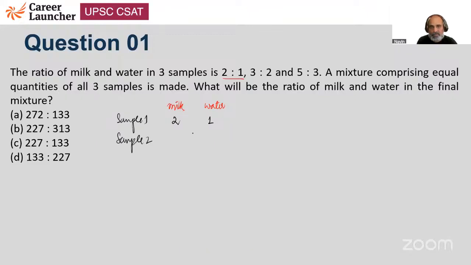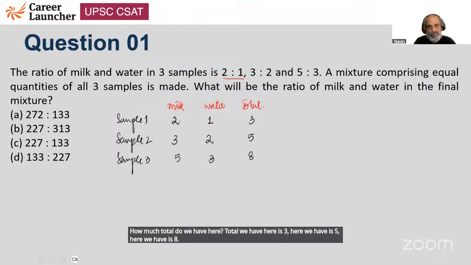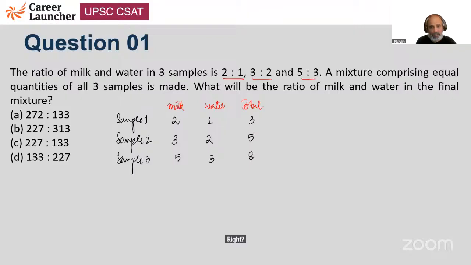Sample two, how much of milk and water do we have? We have 3 units of milk, 2 units of water. In sample three, we have 5 and 3. How much total do we have here? Total we have here is 3, here we have is 5, here we have is 8. Right? 2 plus 1, 3 plus 2,